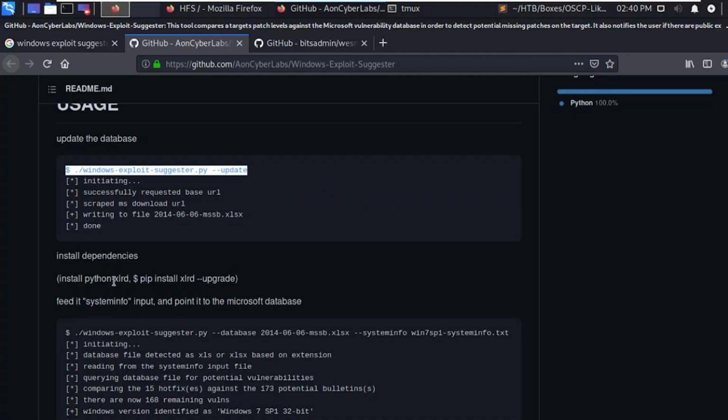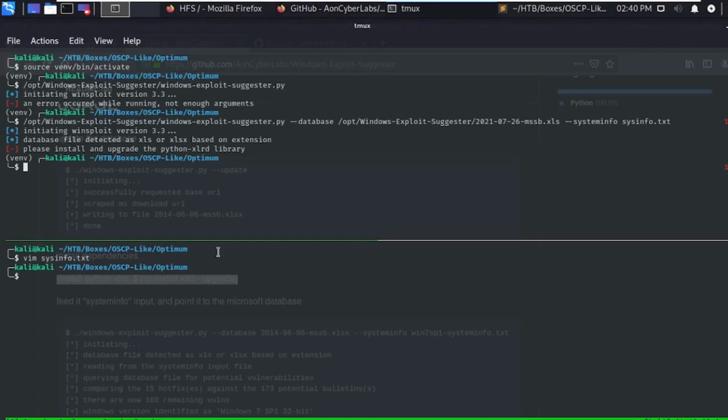So this is what it has been asking for, but if you do this to install, it will be installing a more latest version or might not actually find it, and for some reason the script does not actually work with this. So first, an easy way to do it, just copy this